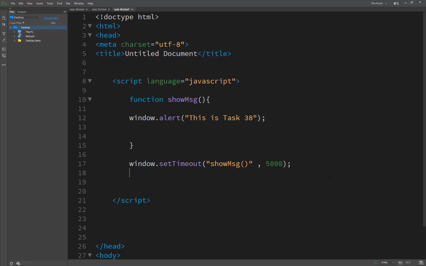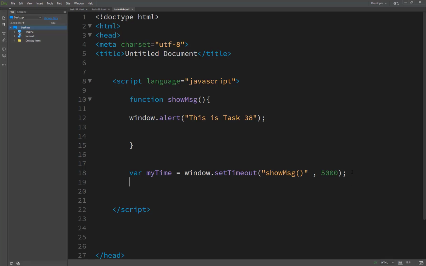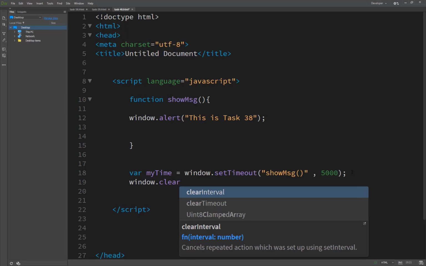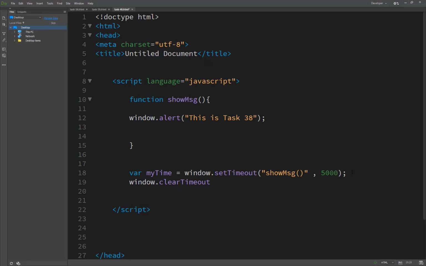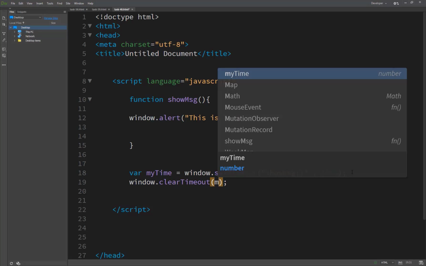Right here we have created a variable called myTime, it's just a variable name, and after that we pass the whole line inside, and we cut it here, and now we cancel this by the window method clearTimeout, and inside this we pass our variable myTime,